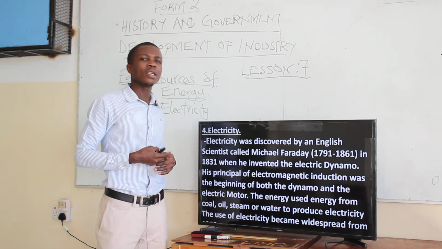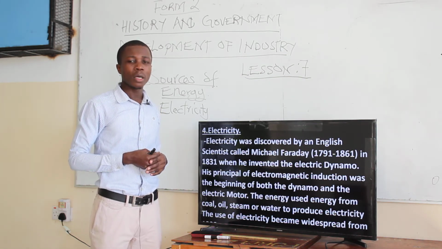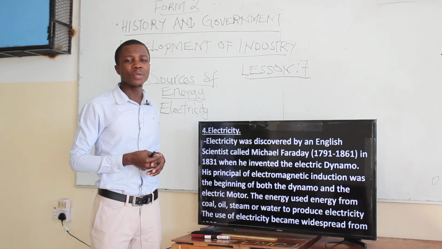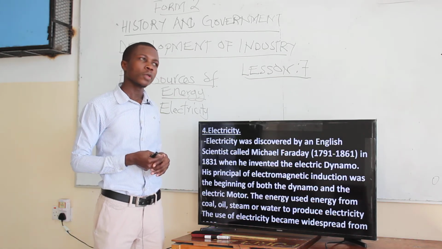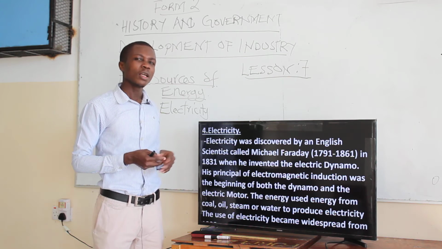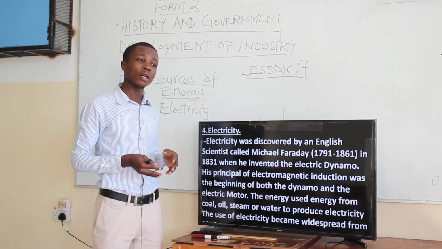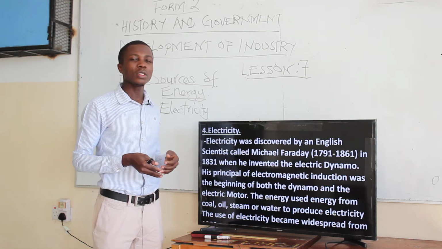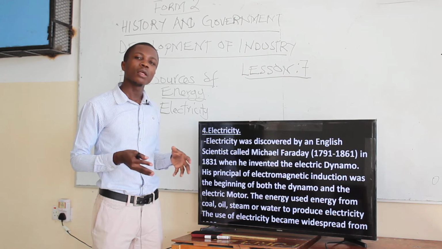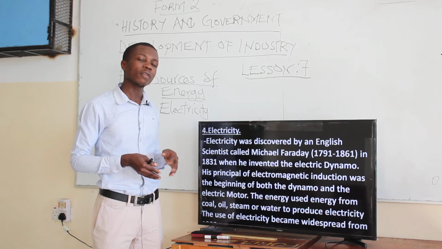When we talk about electricity, this was derived from hydroelectric power, a source of energy harvested from the waterfalls. When you look at the science of physics, it will go deep into it. But here in history, we just talk about how it started and the inventor. You might be undertaking physics, but you don't know who invented electricity. So history is all about how it came to be, the people behind it, and the uses, before we go into it as far as science is concerned.